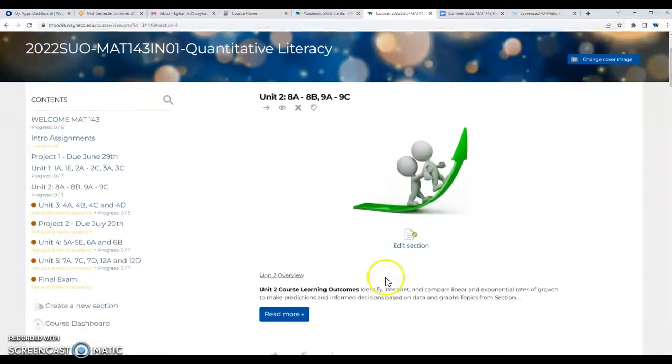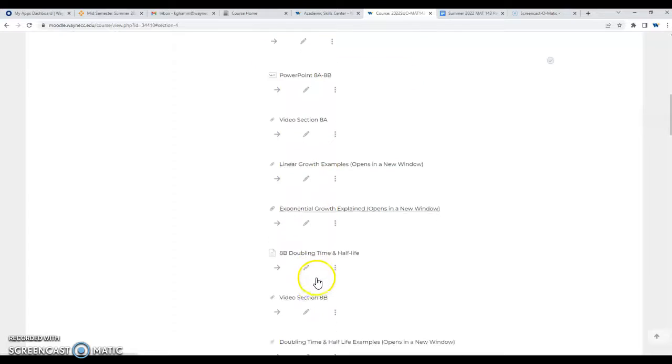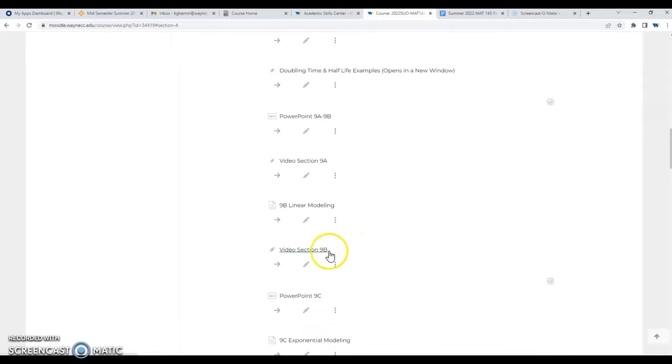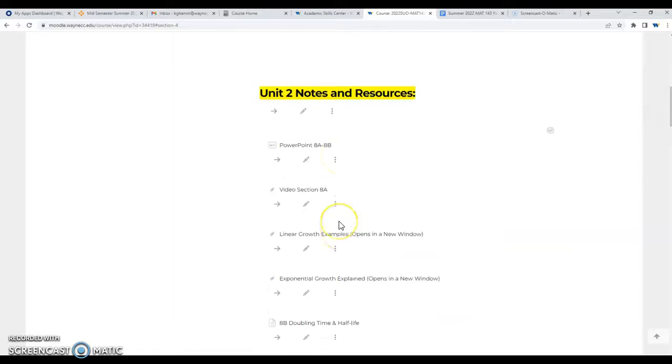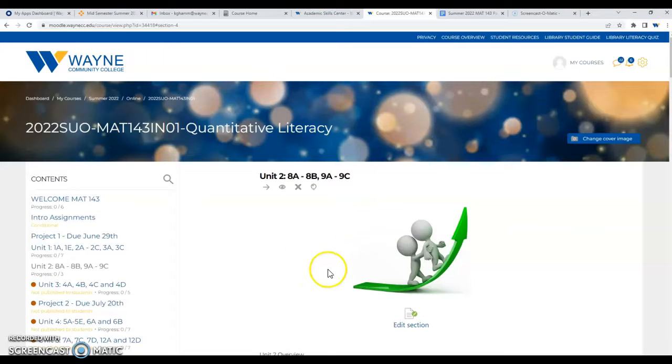Also, I want to remind you that in each section, there are videos and PowerPoints and examples and all kinds of resources. If you are logging into Moodle and going straight to MyLab Math and depending on it to teach you what you need to know, then you're probably not going to be very successful. Use the resources that you have been given in the class to be successful in the class. Also, make sure you're checking your grades. I'm not going to pull up my grade book because we get to it differently, and you see yours and I see everyone. Just remember to check your grades in the Moodle grade book in this class.